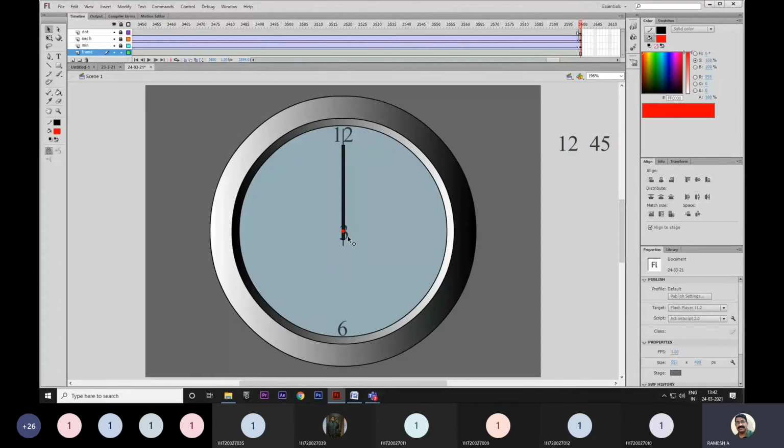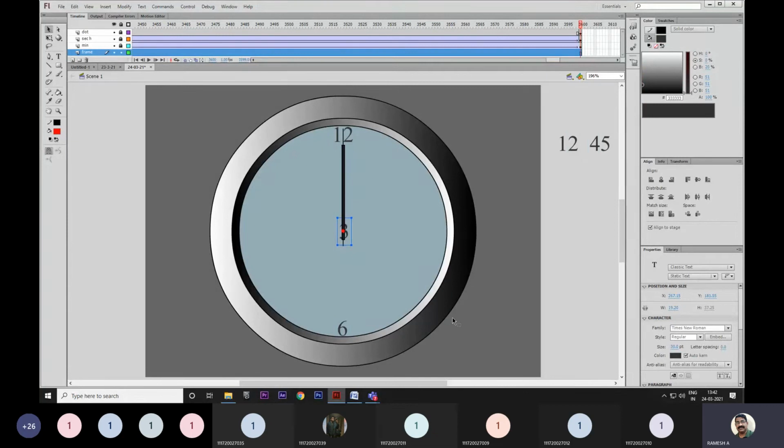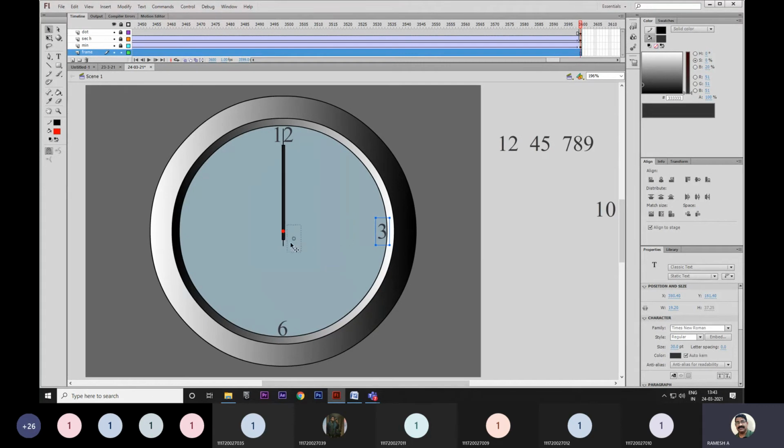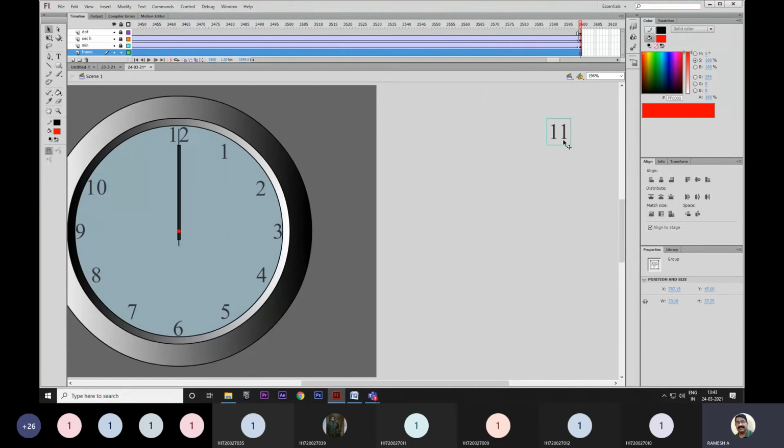Now select the number, adjust the alignment in the proper place. After that, is the alignment correct?